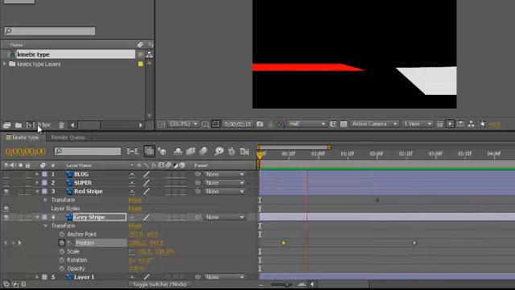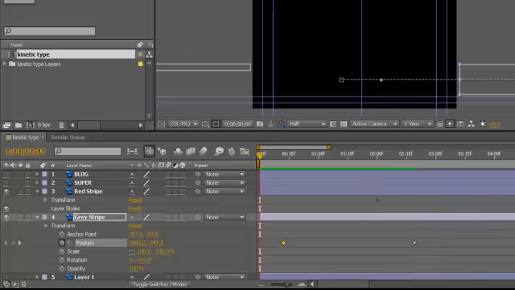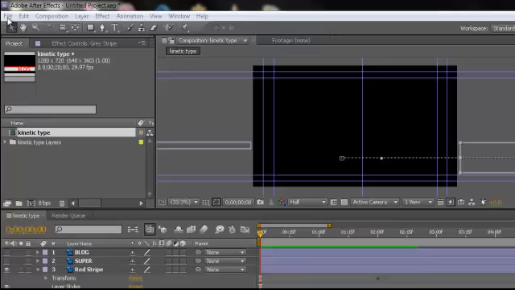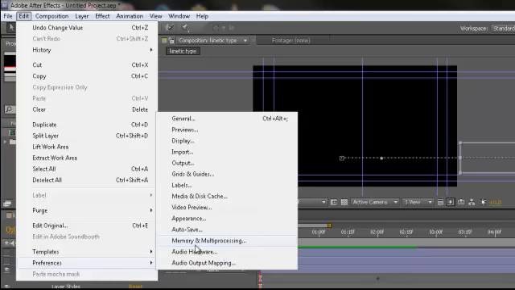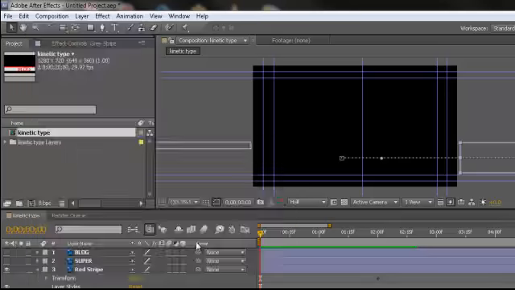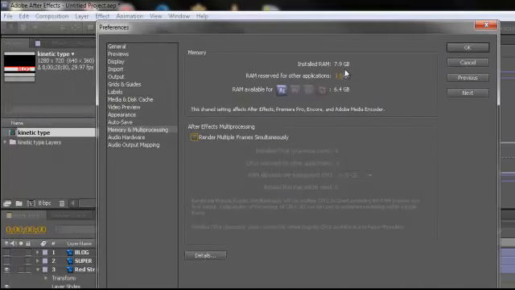And I guess there's one other thing that I really do want to touch on real quick, and that would be how to allocate RAM. Now, how to allocate RAM is just going to make your After Effects perform that much better. And the way to do that is just simply go to Edit, down here to Preferences, and then you'll see Memory and Multiprocessing. Once you click that, you'll get a new window, pops up, and it says, installed RAM, 7.9